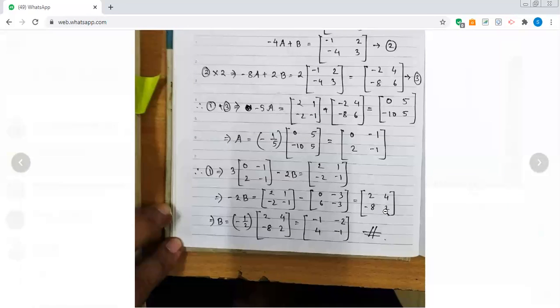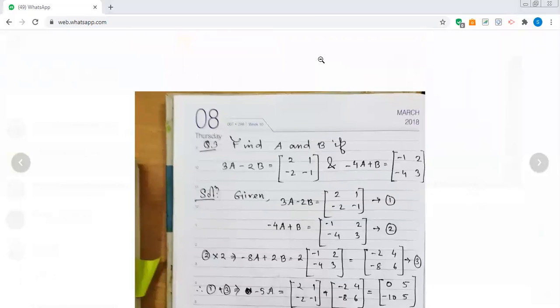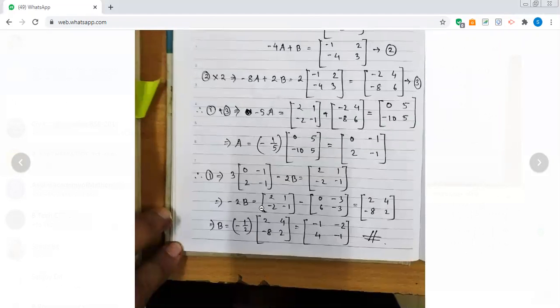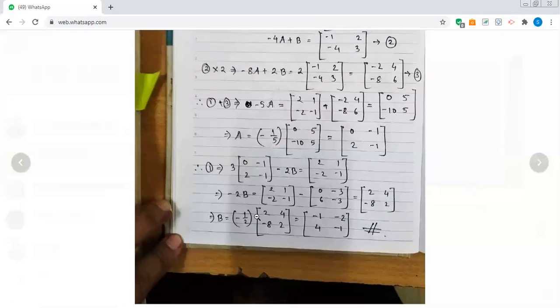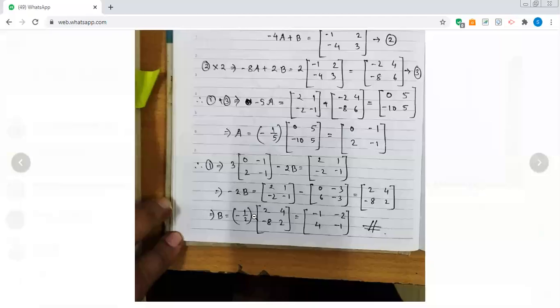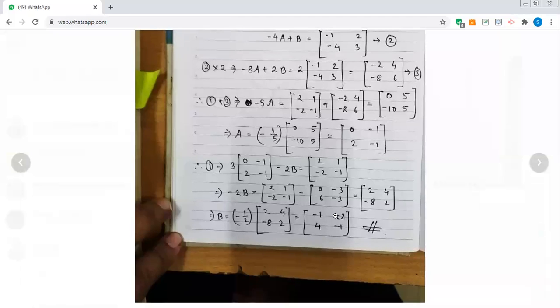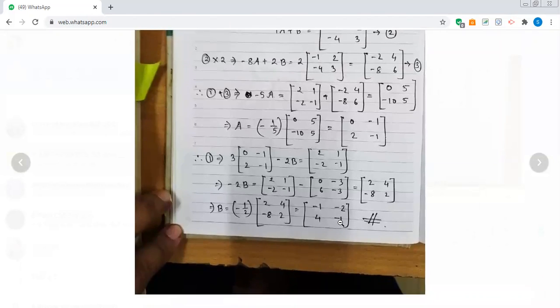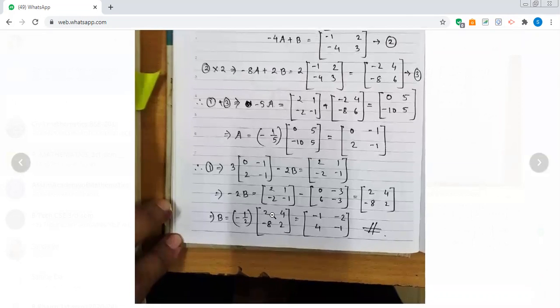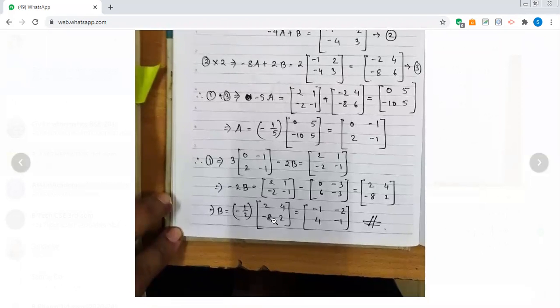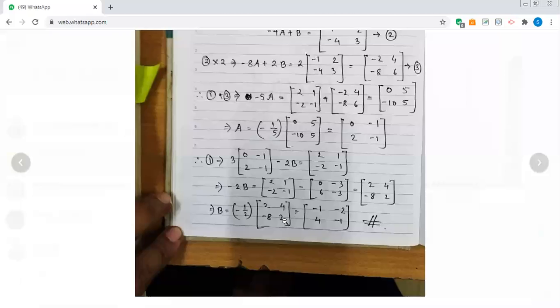Okay. So finally we get the value of B as what? Same process. To find the value of B, minus 2 has to come below, and if it comes below, it behaves like a scalar, that is minus half. So you just multiply minus half to every element of 2, 4, minus 8, 2 to get the result as minus 1, minus 2, 4, and minus 1. Minus half with 2 is minus 1. Minus half into 4 is minus 2. Minus half into minus 8 is what? 4. And minus half into 2 is minus 1. Okay? So very simple problem.